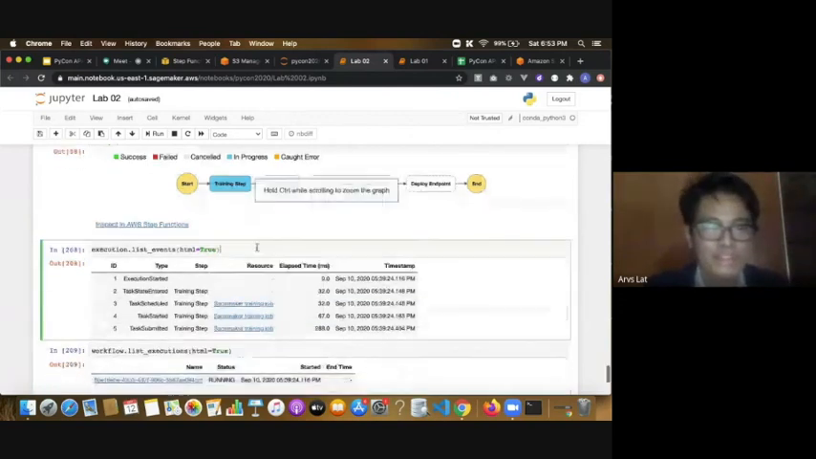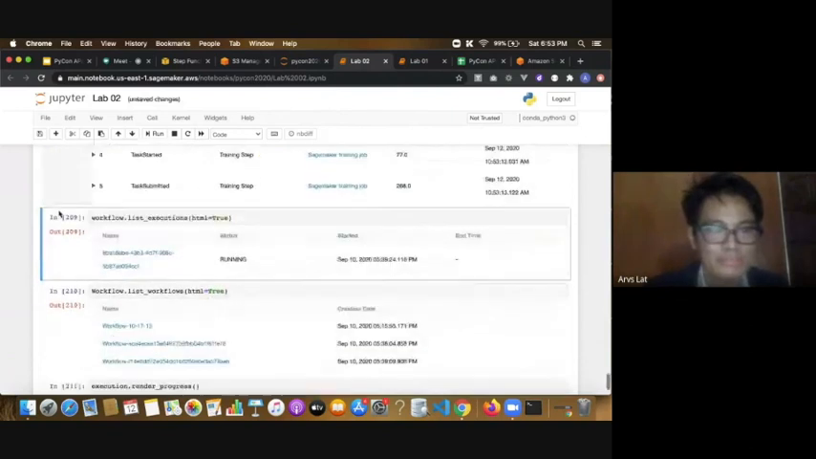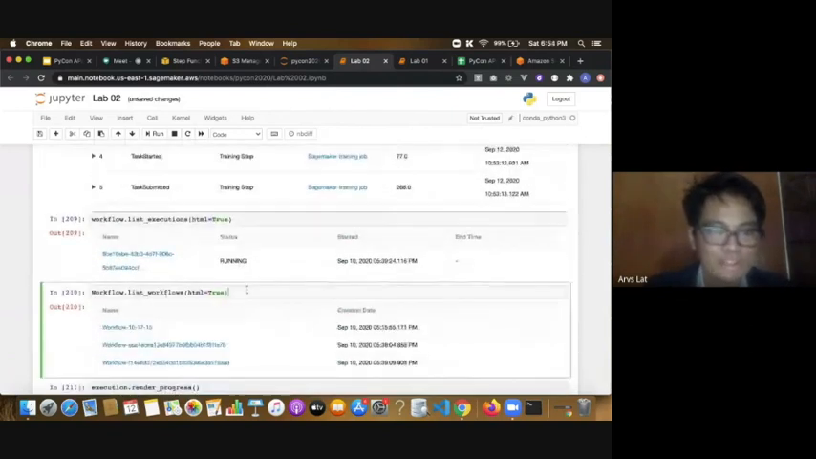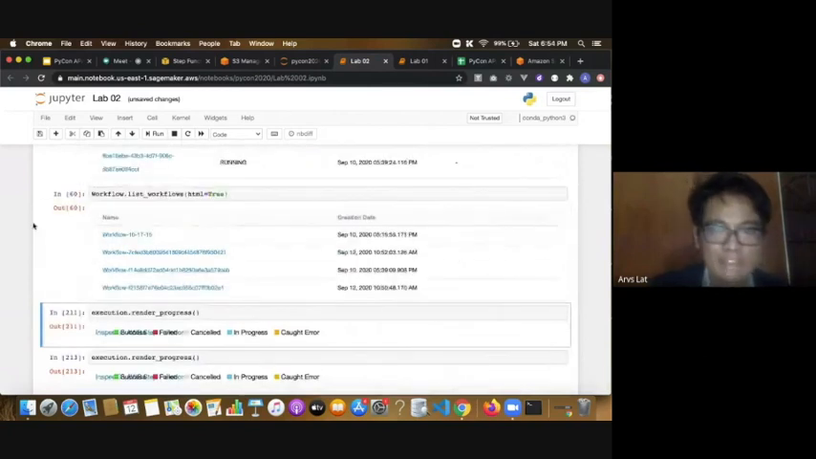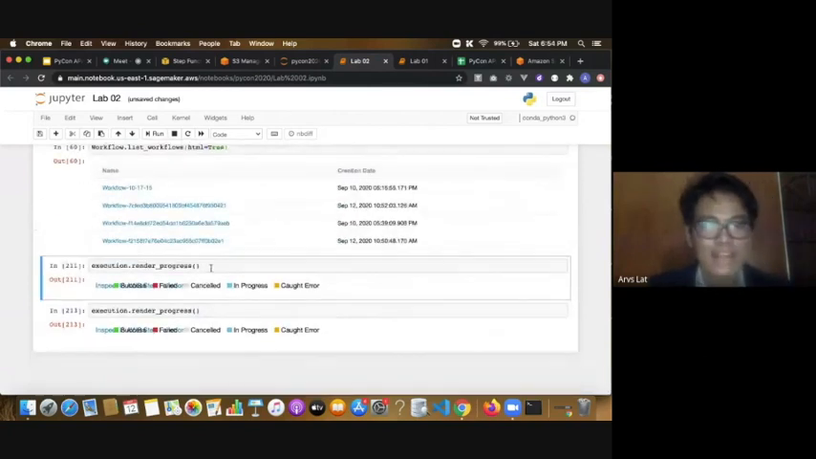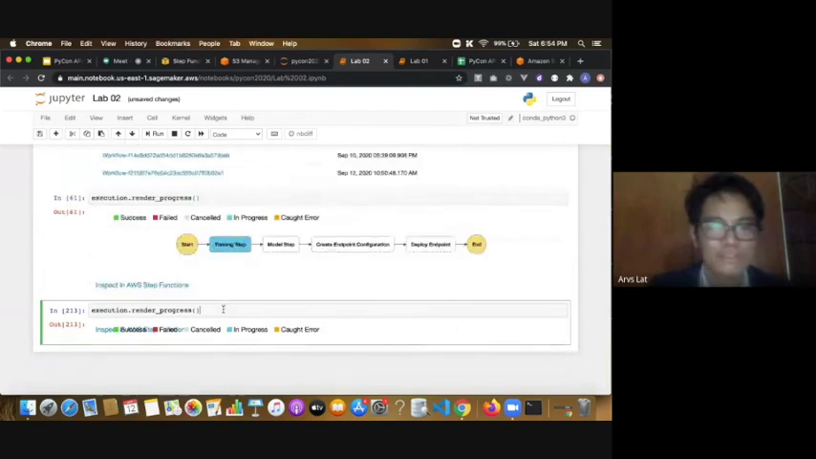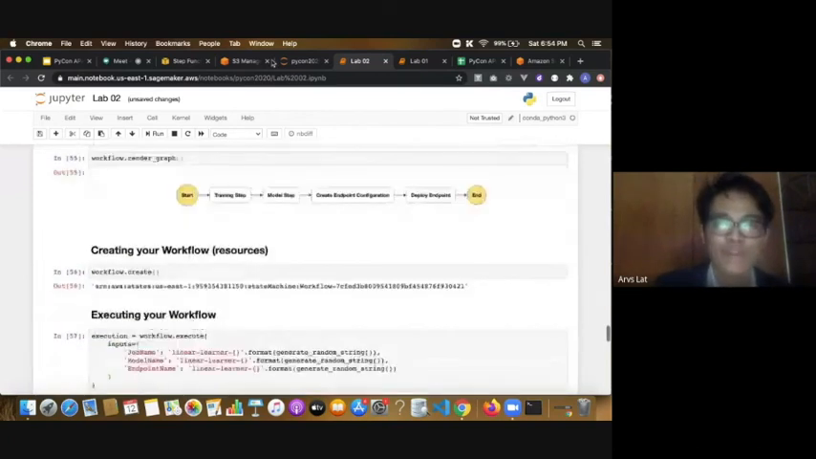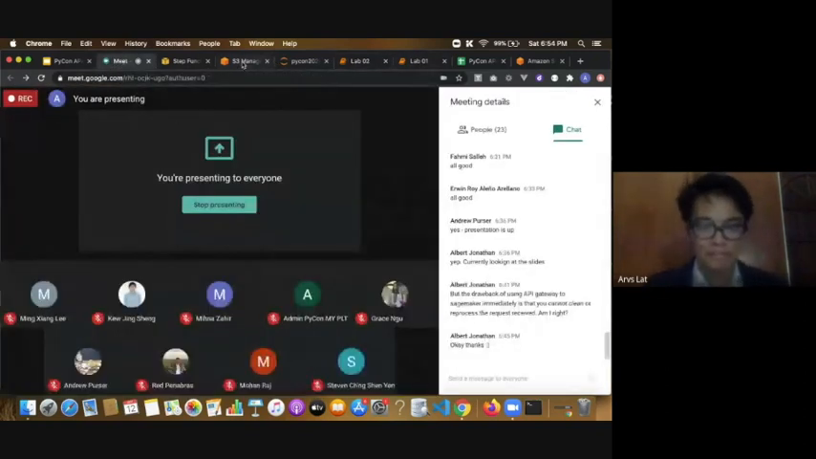You can also list the execution events. So this is the one I've shared in the slide. And then I can also list the number of workflows created in this region. And then I can just check on the progress. So yeah, it's a major upgrade over lab number 1. And for all of us right here, feel free to